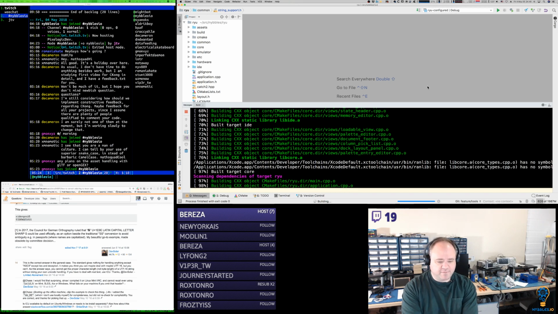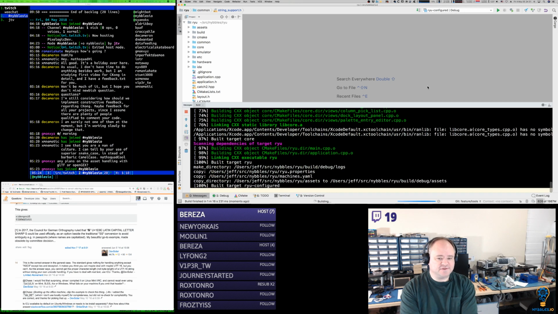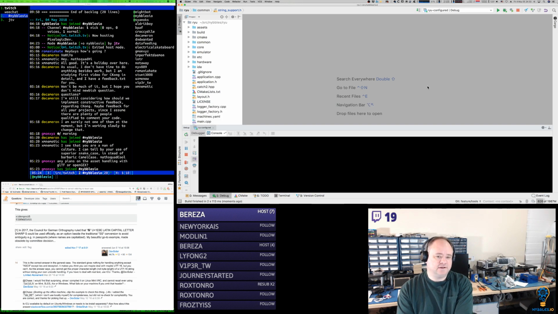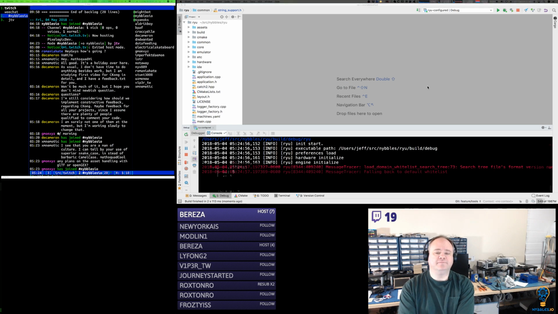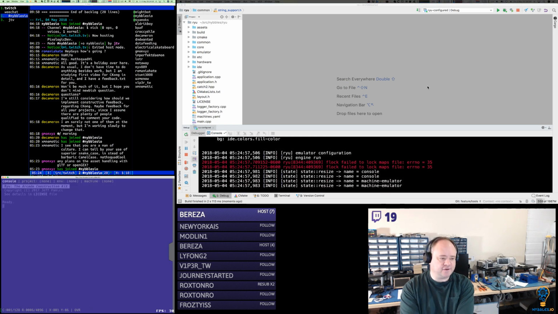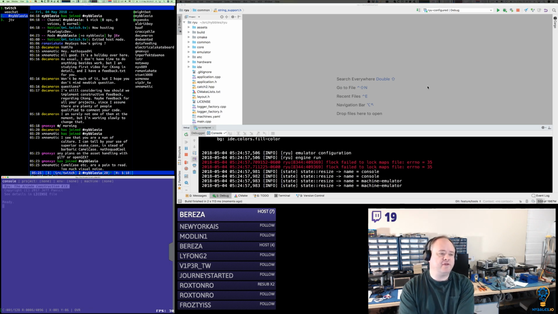So when you edit palettes, that gets saved to a text file that is assembly code, data directives. When you create tiles or sprites or backgrounds, all that stuff gets written to and read back from assembly source files. So that's the serialization format that I was planning to use for all of Ryu.